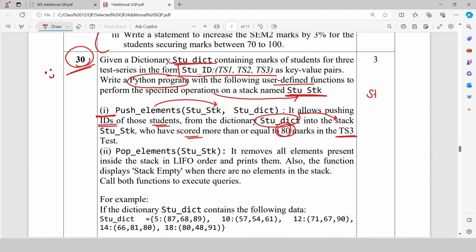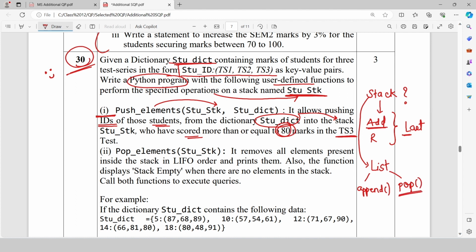In this question we are working on the data structure stack. You know what is stack, right? Stack is a data structure in which we can add the element or remove the element but from the last position. And in Python we implement stack using list. So we will be using some methods of the list to perform these operations. To add the element we will be using the append function because append adds the element at the last. Similarly, to remove the element from the last position we will be using the pop function. In this way we will be working according to the restrictions of the stack. Okay, then let's move to the IDE.